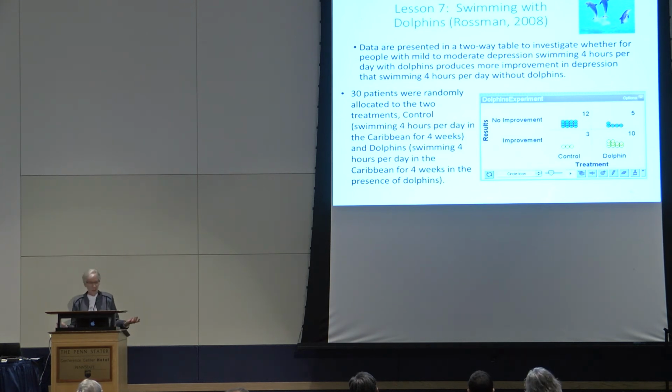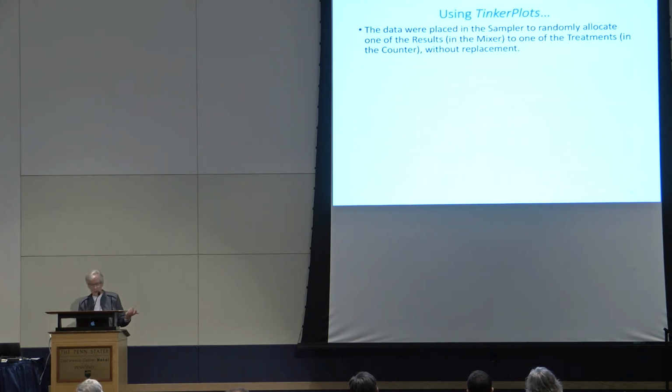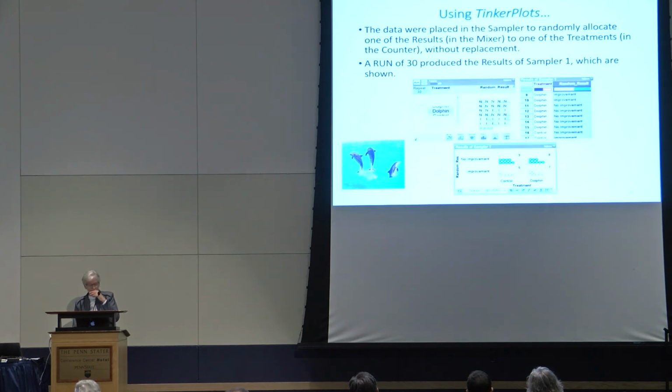So the question is, is this surprising or not? Is this really helping? Can we do some evidence for this? So the data were put into the sampler, and one of the interesting things is in the sampler, if you're doing chance dice, you have to have replacement every time. But of course, if you're doing a sampling like the previous one and this one, you can't have replacement because you want to use them all up. And so, yeah. Again, the treatment goes around dolphin or control, and then the data are allocated,